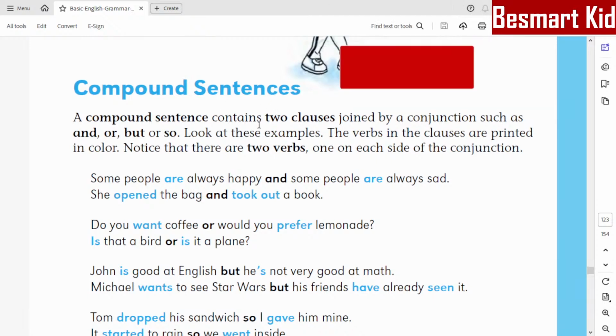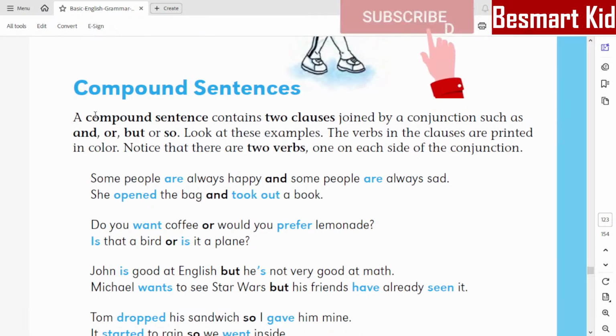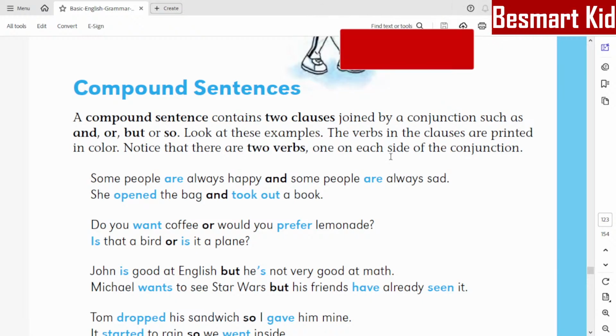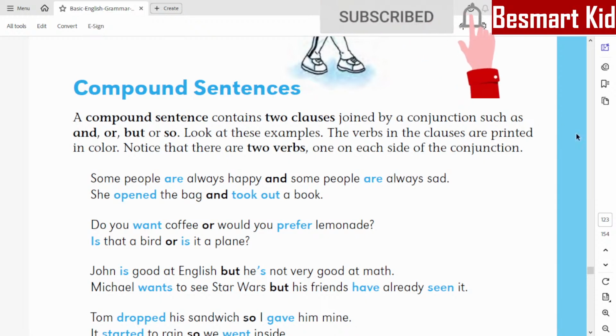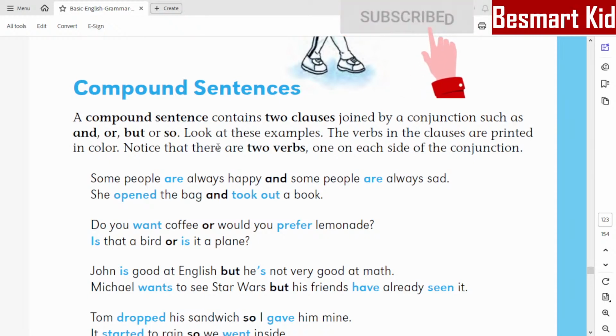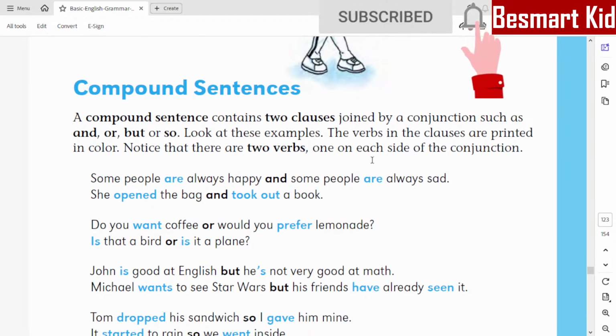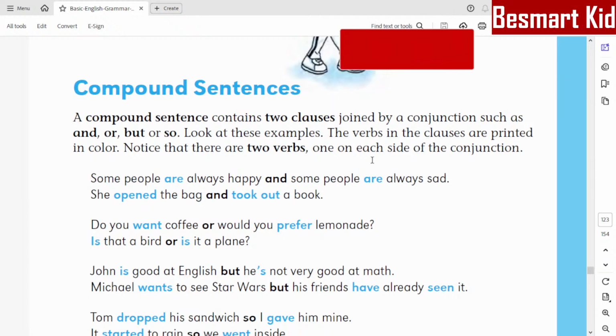Now we have compound sentences. Compound sentences contain two clauses joined by a conjunction such as and, or, but, or so. Look at these examples. The verbs in the clauses are printed in color. Note that there are two verbs, one on each side of the conjunction. First,